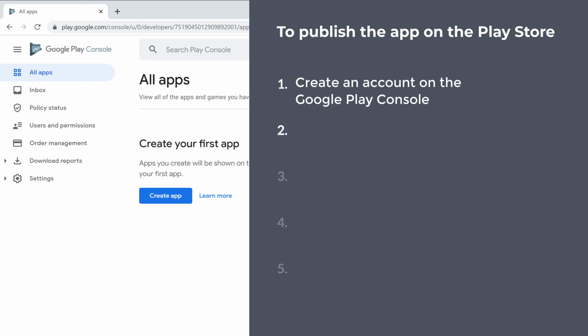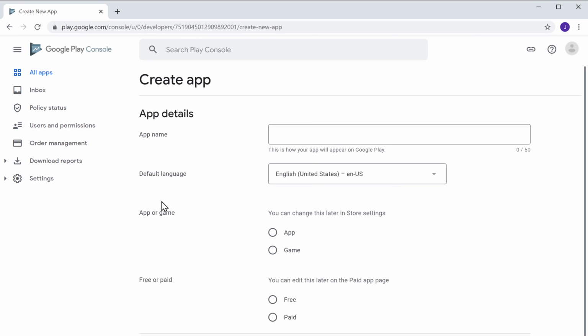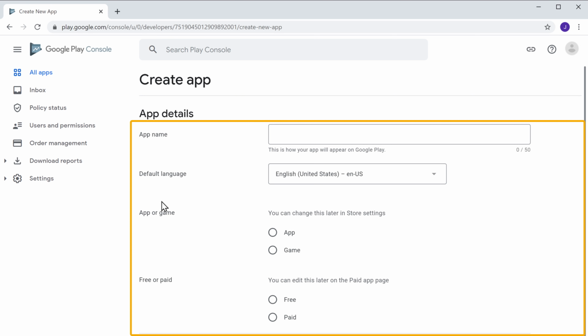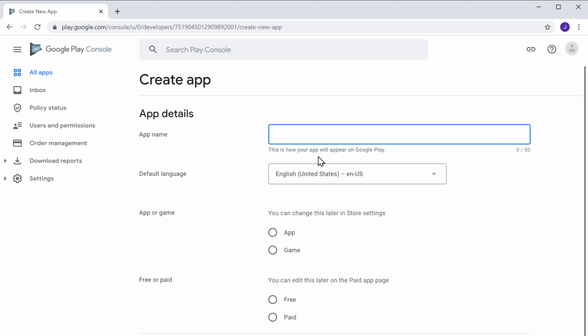So now we can go to step 2, which is to create your app on Google. So to create it, click Create App and then fill up these details. Here you need to enter the name of your app. I am going to enter Try Casuals. Now here, choose app or game. As we are creating an app, let's select app.